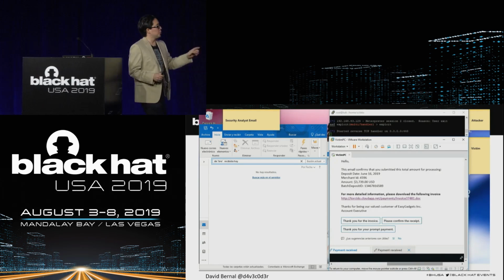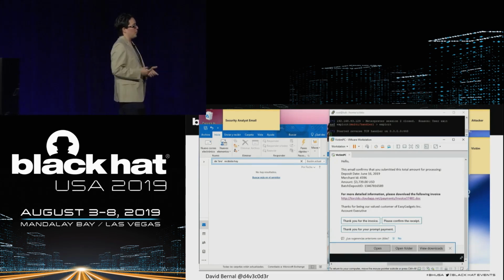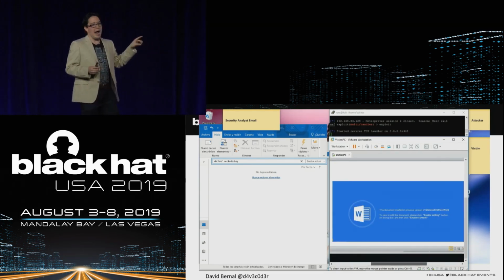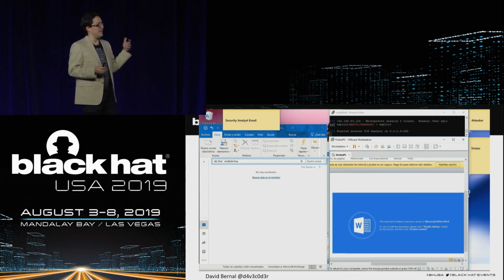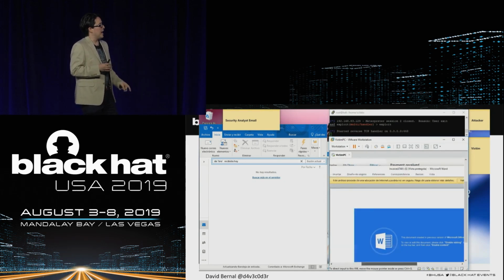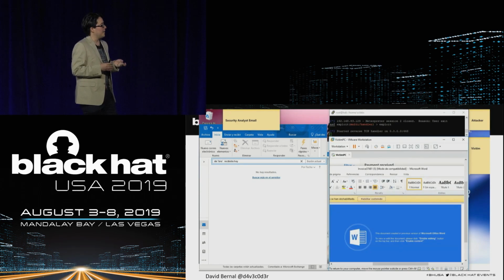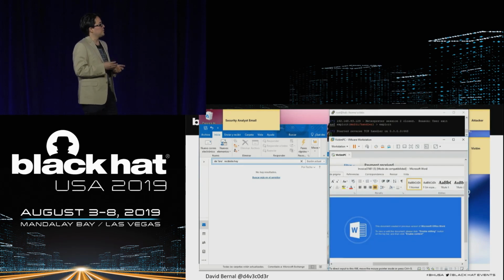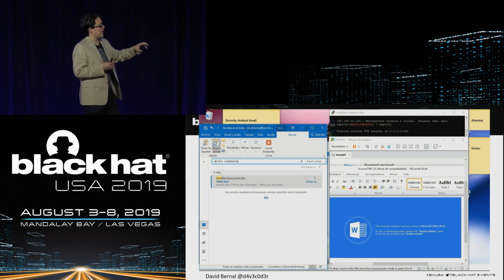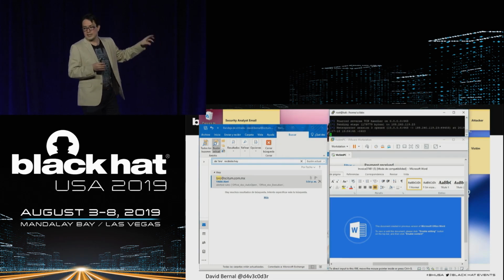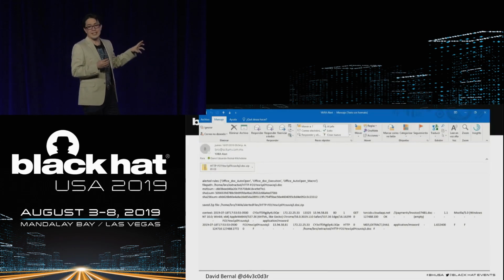So the user clicks on the link, the file is downloaded, the user opens the file, and while the user is reading this document, he sees that he has to enable the macro code, and he proceeds, he enables the macro, and the code runs on his machine. But by this time, Zeek already extracted the file, and I already scanned it with YARA